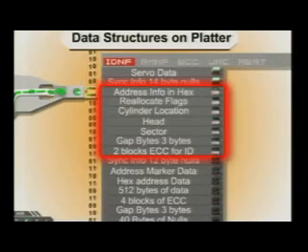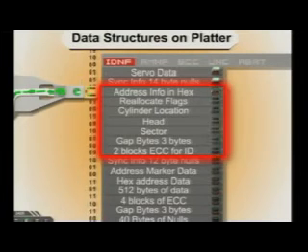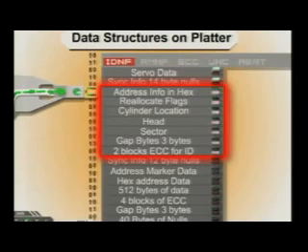This is a 512 byte piece of data, and you will notice it's got quite a bit in it. You'll see that the servo data is there, which is the geographic information. Then you'll see 14 bytes of null, and the 14 bytes of null are there because as the drive encodes data and puts it onto the platter, if it doesn't have a break, it can't tell where something begins and something ends. It would just always be high, because the bit that passes underneath is always going to cause the hard drive's head to say, hey, I've got a bit, and I don't know what to do with it. So they came up with a sequence of bytes that are going to be null, just to give